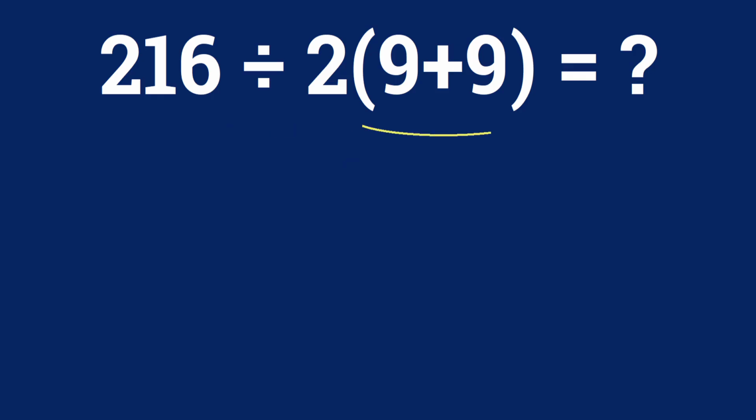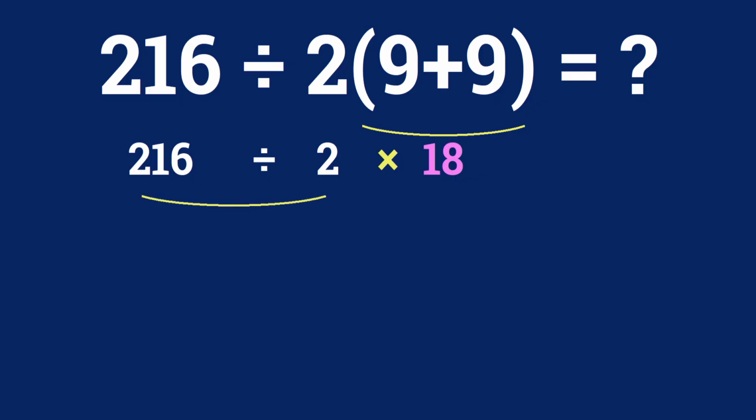So first this parentheses. Inside this parentheses we have 9 plus 9, which equals 18. So 216 divided by 2 times 18. Now we have one division and one multiplication. So we have